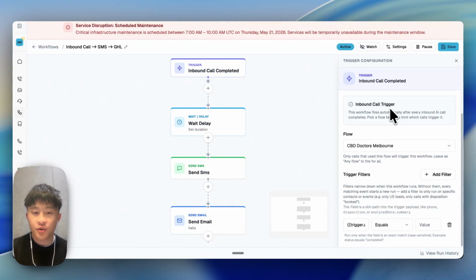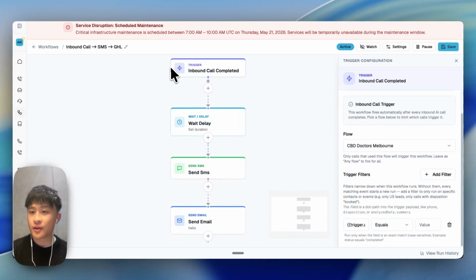Today I'm going to show you guys one of our new features called workflows. This feature is designed for complex automations whereby, for example, you have an inbound call, then you want to produce a follow-up SMS that's customized, or maybe even a follow-up email that's also customized. So these are more complex, and I'm going to give you guys a tutorial on how to exactly create one